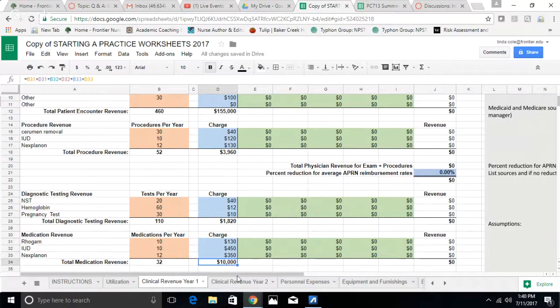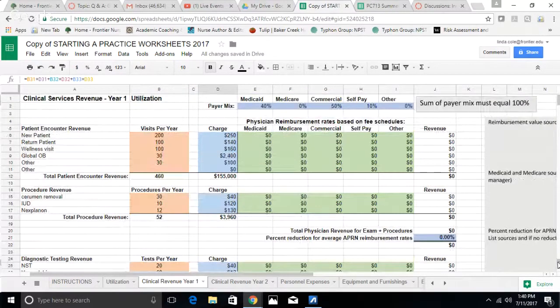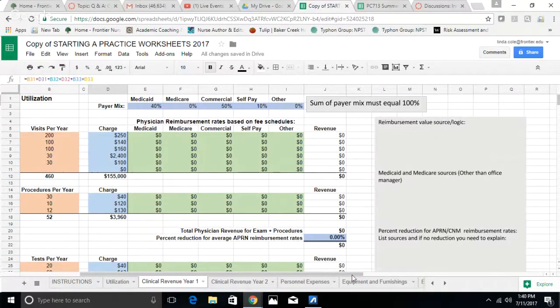Now the next thing that we will do is we will need to do some research about reimbursements from our different payers. So we have done that research, and over on the right, you will be writing in what we call justifications into these gray boxes about your sources. So what were your sources for figuring out reimbursement? And in particular, because sometimes it takes a bit of looking around, what were your sources for your Medicaid and Medicare